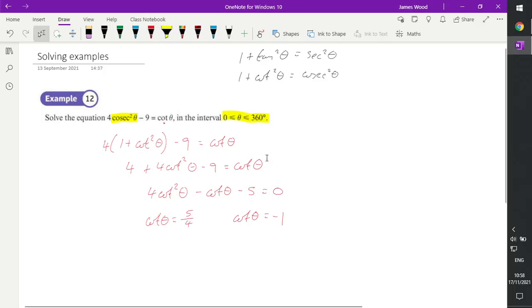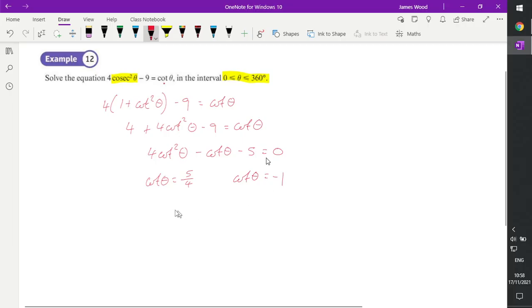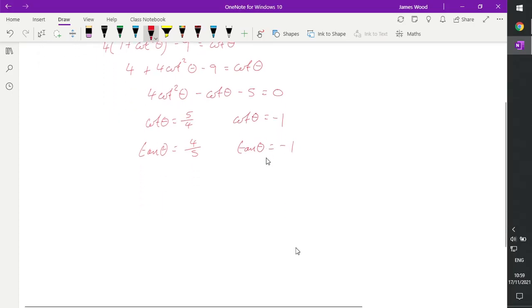Now, we obviously don't have an inverse cot button, so we need to change this to talking about tan, which is 1 over that, so tan theta would be 4/5, or tan theta would be 1 over minus 1. Actually, that is still minus 1. So now let's find our solutions. Inverse tan of 4/5. So my first solution here is going to be